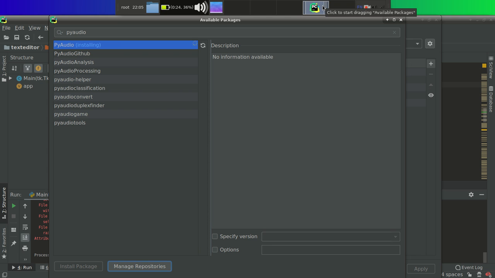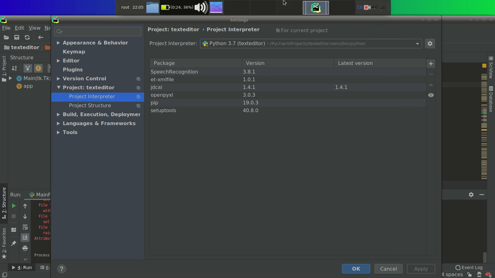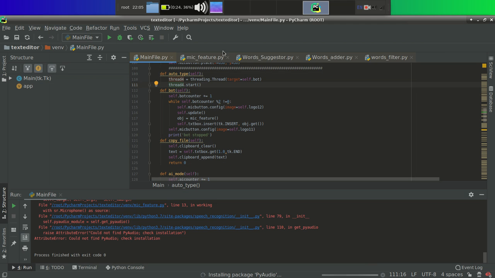I don't know why it is taking so much time. Let it install. We can install it later. So let's add functionality to time traversal mode first, and last we will install PyAudio and we will verify the result of PyAudio also.